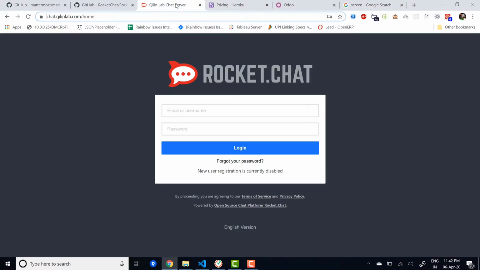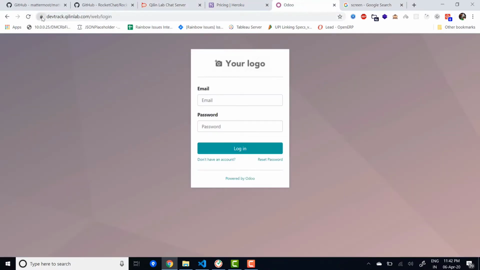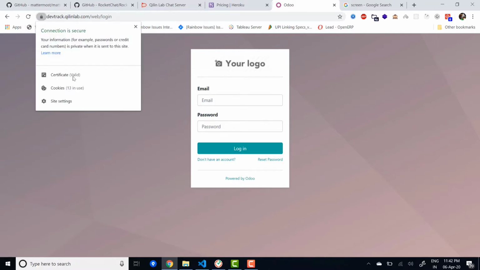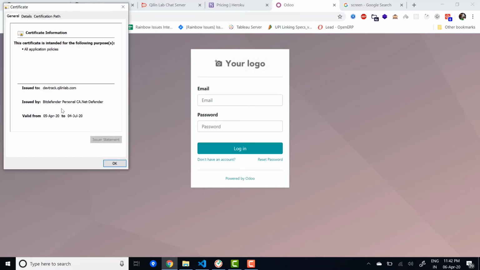So as you must have seen, all the servers we have shown you are encrypted using SSL. Even the development environments are HTTPS, which looks professional to your client, and it does not cost us anything. If you see the certificate in details, since I have this antivirus installed in my machine, it shows this Bitdefender Personal CA, but the actual certificate is of Let's Encrypt, right?